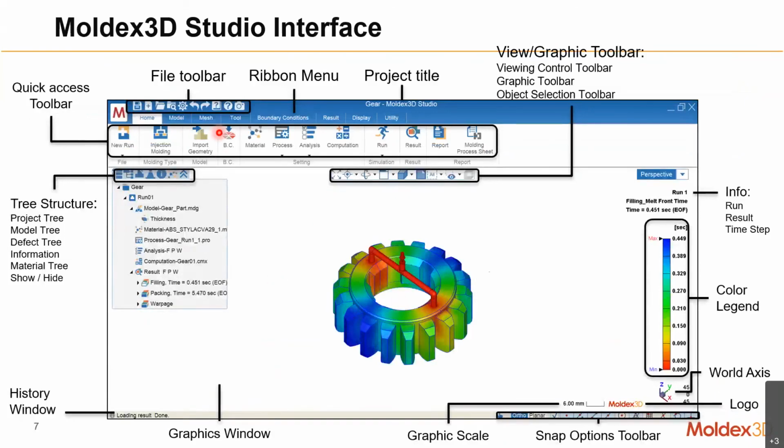When you open the project and you have the results, this is how the interface looks. On the left top corner, you can see the file toolbar in which you can save files. If you want to open an existing one, you can also open existing files there. And below that, you can see the ribbon menu, in which the user has a lot of tools to utilize while generating mesh, or when they have to assign the material and process conditions. And below that, there is a tree structure on the left side, and in the center you can see the graphics